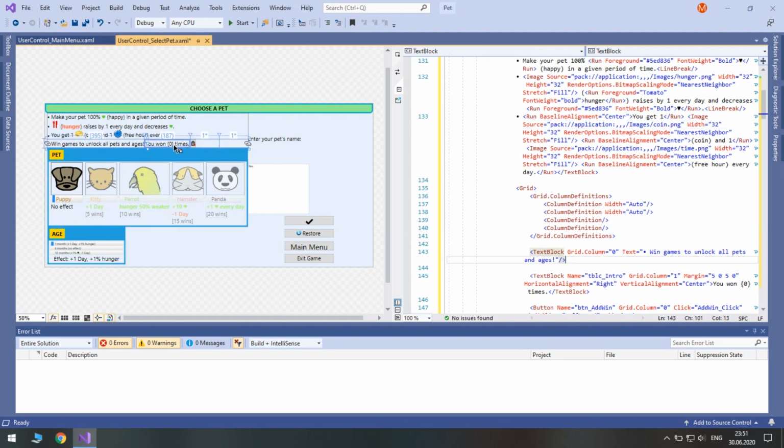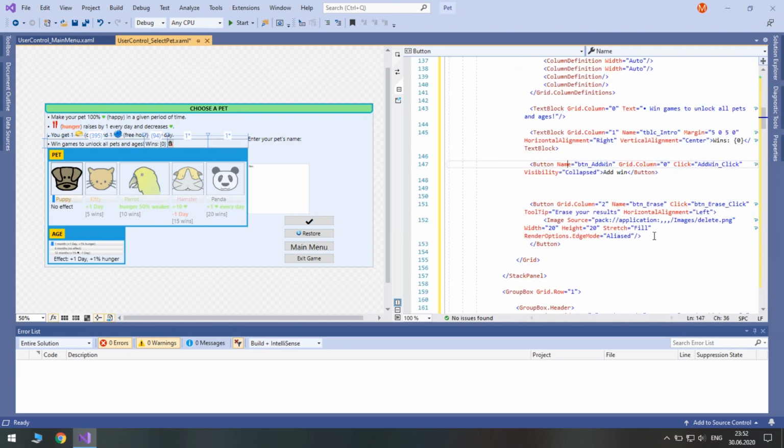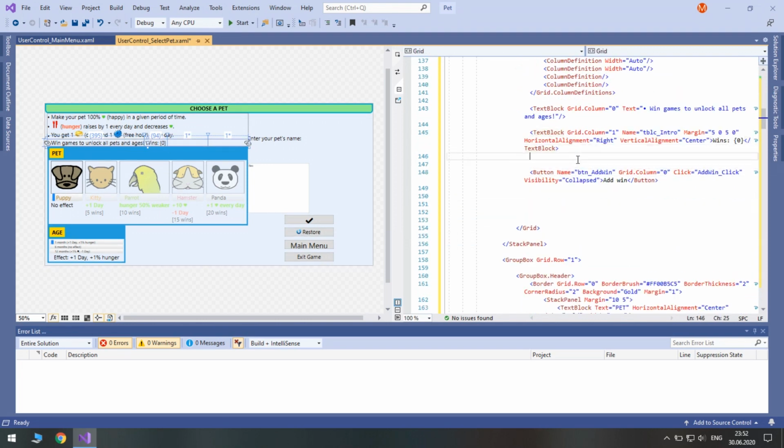Then we have the number of wins, so grid column 1. This should be just wins. Then we will have a button to erase the number of wins.